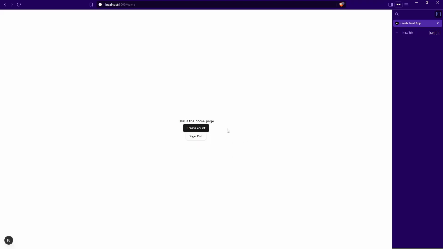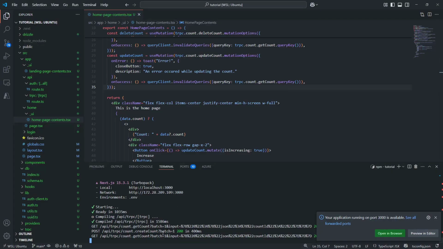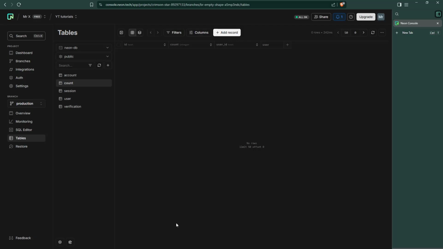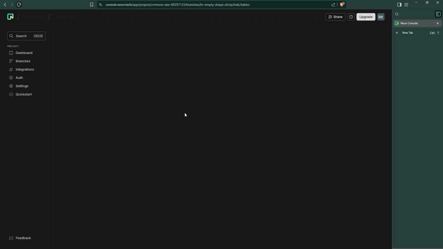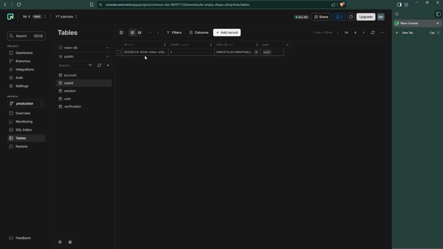Okay, after signing in, we are now back here on the home page. And great, we have a create count button. So let's try it out. We can hit create count, and let's look at our server here. We seem to have a code of 200, which means that it worked. So we can go into our Neon console, hit refresh real quick, and we can see that a count has